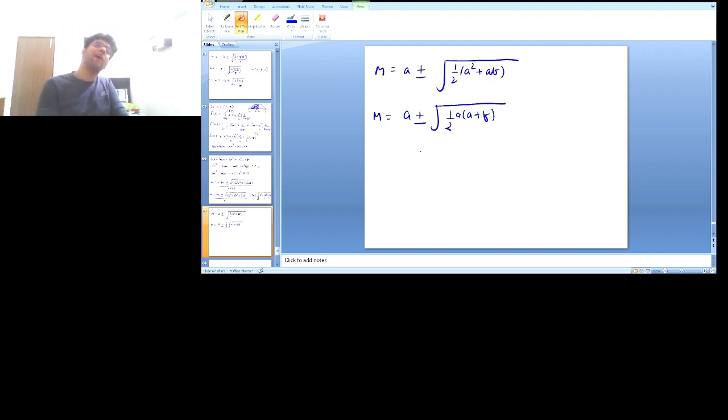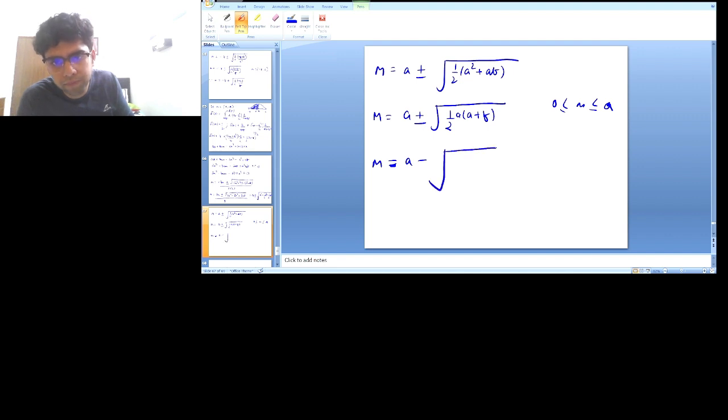Now I cannot have any m which is greater than a, because my domain for m was that m should lie between 0 and a, so a was actually my upper limit, so my m cannot cross that. I'll be rejecting the a plus this value, and I'll be left with m is equal to a minus root half a into a